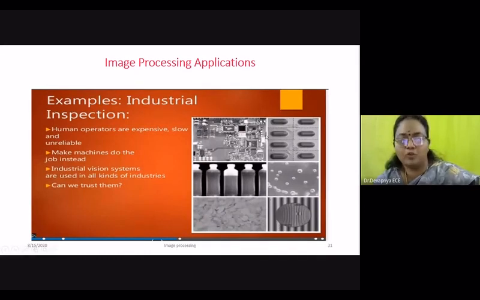In an industry, to check that all the components are fitted exactly in the circuit board, image processing is possible. If any IC is missing, there will be a standard template showing the normal, perfect condition of an image. If any component is missing, by just applying the image subtraction technique, you can locate where the component is missing.